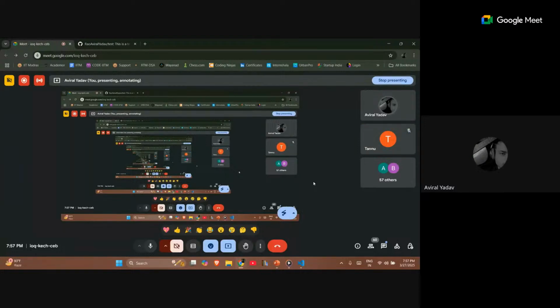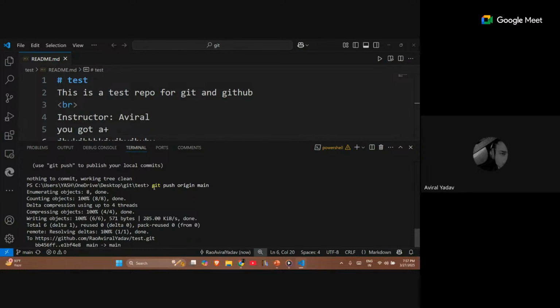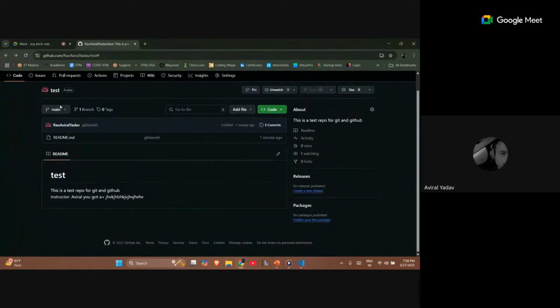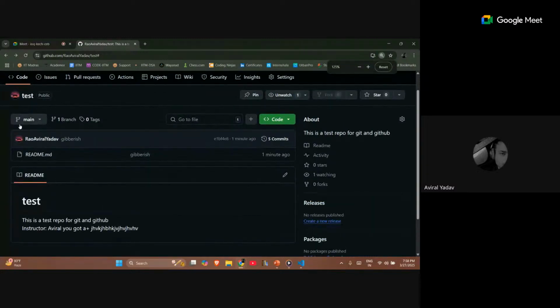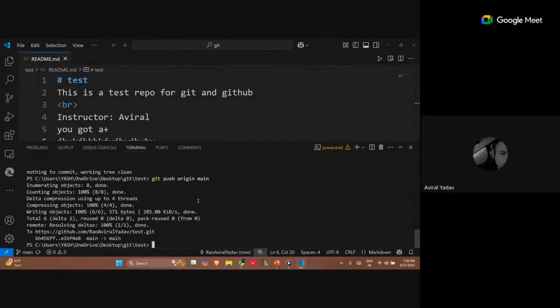Okay, so what git push origin main truly stands for is that you are pushing your content from the origin to the main branch. Okay, main is actually the name of this branch within the repository. Let me just zoom in a little bit. So main is the name of a branch which is available in this repository that we are currently working on. So if you just go for git push, it will create an error because it won't push directly to the main branch over there.